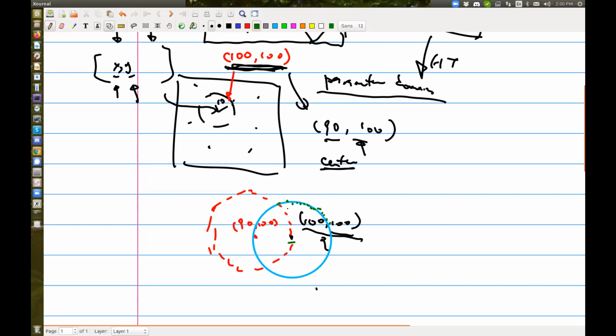So now, if I have more such points here, let's say not just this point, but also this point and this point, then for each point I also make another circle. Let's say the original circle is here, around 90, 100. Then maybe I have some segment of points here, which is basically on the